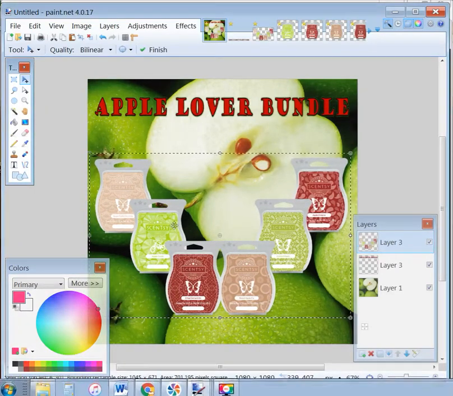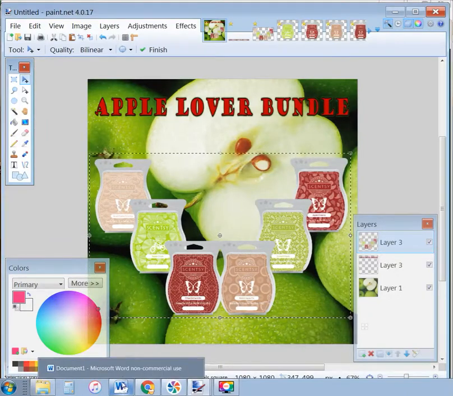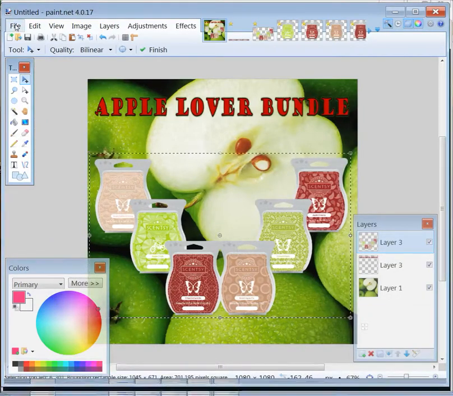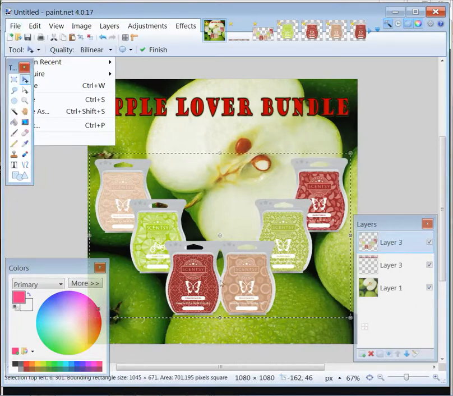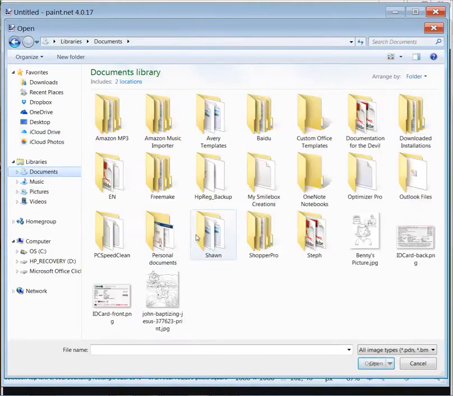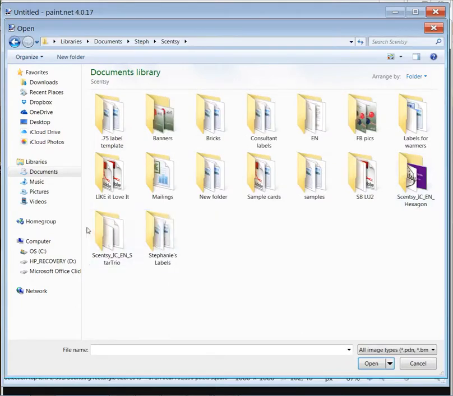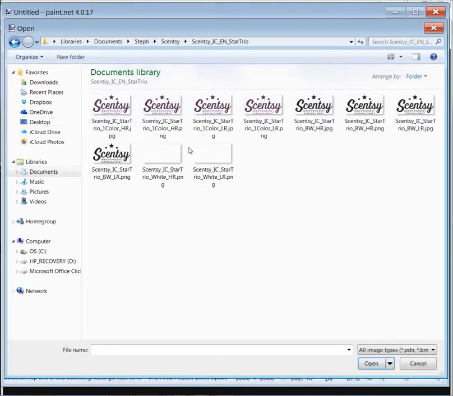And then I need Independent Scentsy Consultant on this, or a Scentsy logo. So if I want a Scentsy logo, which I'm not going to put, I'm going to do Independent Consultant on this. I have them already saved in here. Scentsy, and then there it is. So if I come in here, you can see some of them are PNG, and then some of them are